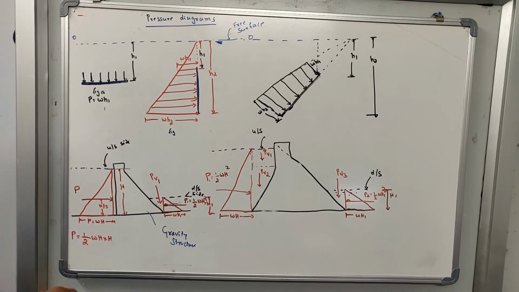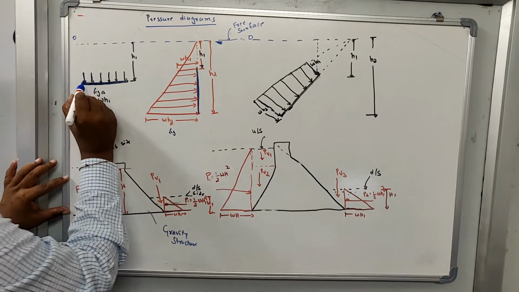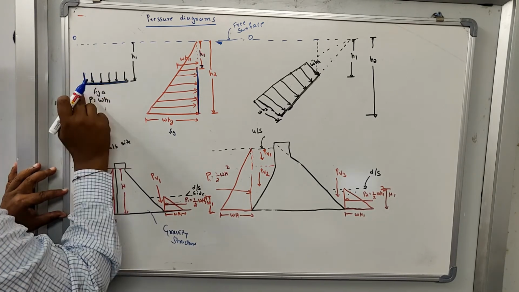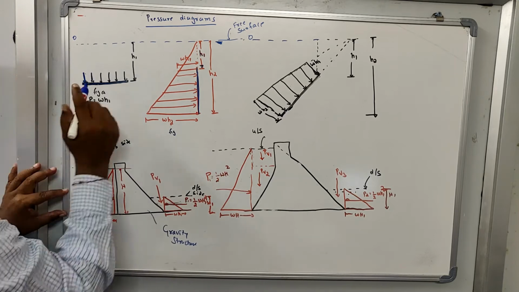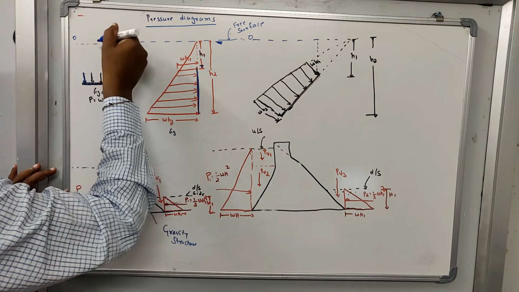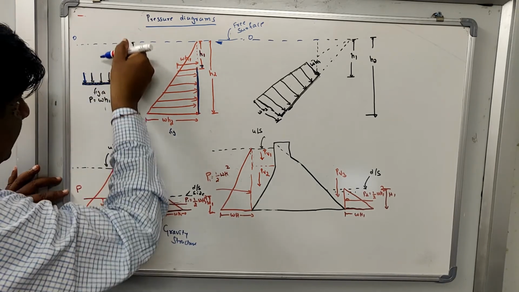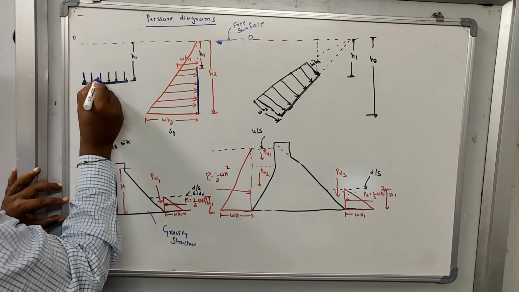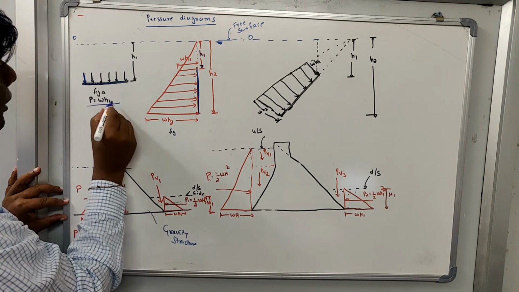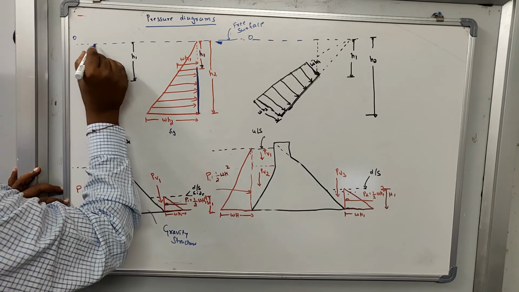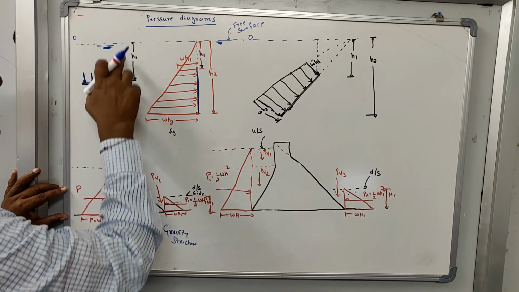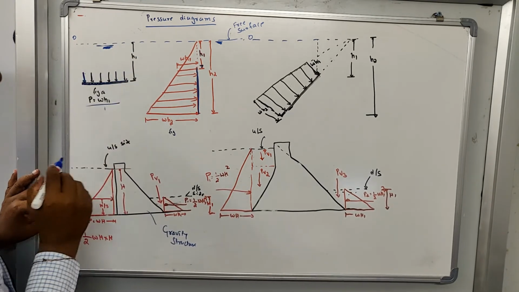Now when the plate is immersed in the horizontal direction, the pressure intensity acting on this plate is uniform, because all the points lying on this plane are submerged at the same height h1. So the total pressure exerted on this plate is equal to W, the unit weight of water if this fluid is water, multiplied by this height, and this is the pressure diagram.